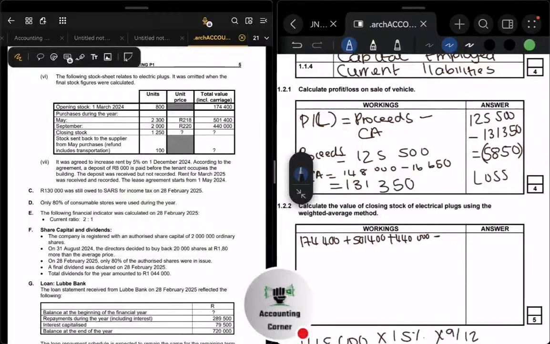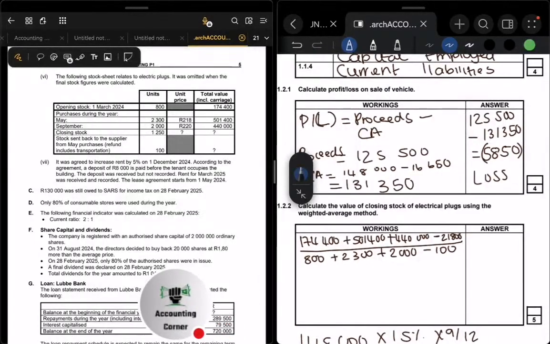So 218 times 100 will give you 21,800. So we subtract that 21,800. Then we divide by the units. So our opening was 800 plus May, which was 2,300, plus September, which was 2,000, minus the returns, which were 100, equals